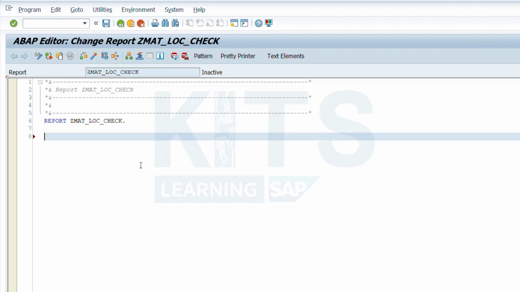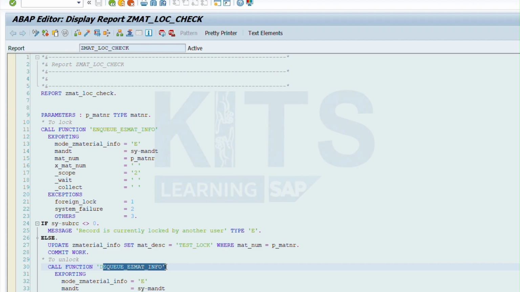In the report program, we will call the enqueue and dequeue function modules. Call the enqueue function module to lock. After updating, use commit work to save the changes to the database permanently.